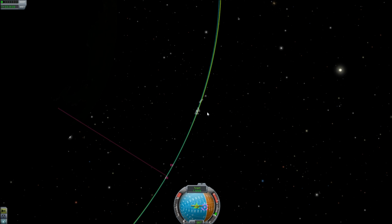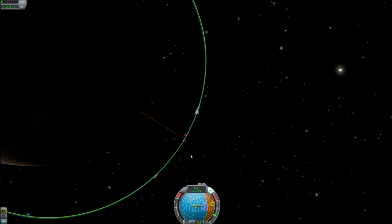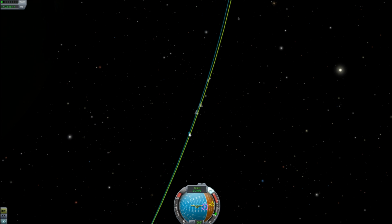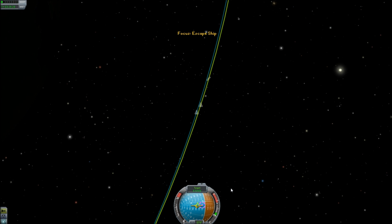So zeroing out our relative speeds. There we go. So that's zeroed out relative speeds. So you can see our orbits are very close, right? Here it's so many kilometers away. But right now we just need to fly towards it. So, oops, I pressed C instead of I. Whatever. Anyways,